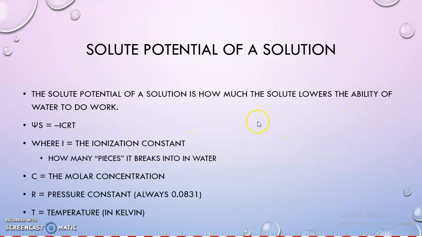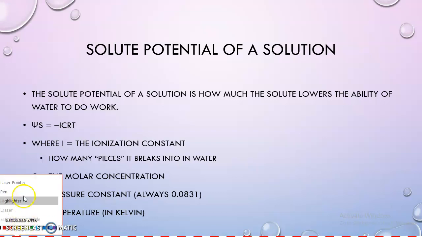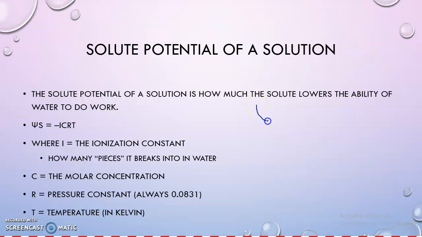So we look at our math and our equations. This font is a little bit weird, so I'm going to attempt to rewrite some of this. The solute potential of a solution is how much the solute lowers the ability of that water to do work. So our solute potential is psi, Greek letter psi, sub s, so you'll hear psi s, is equal to